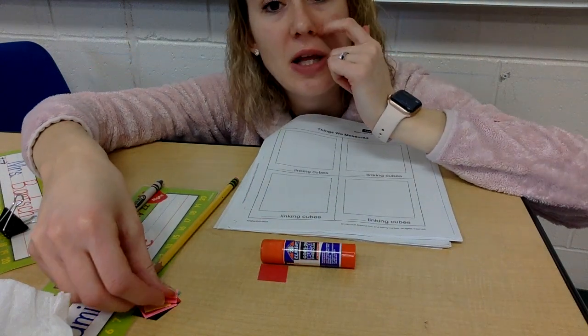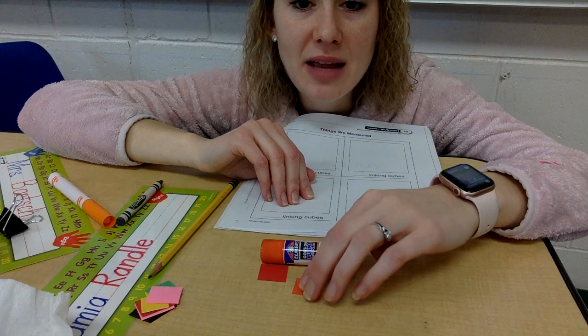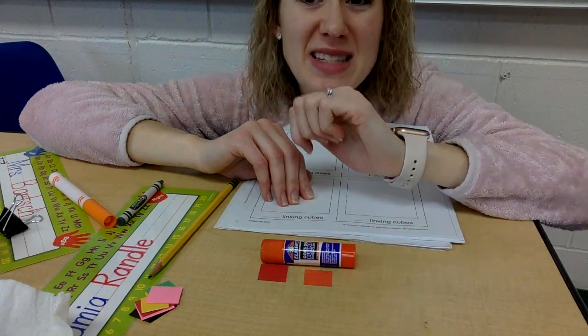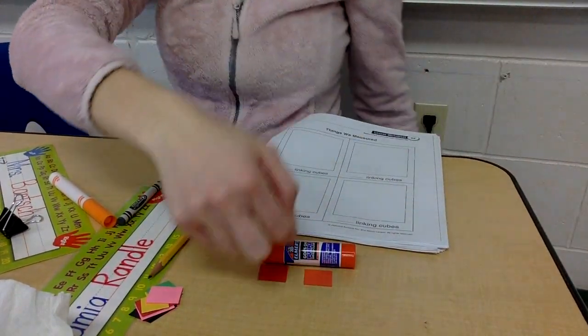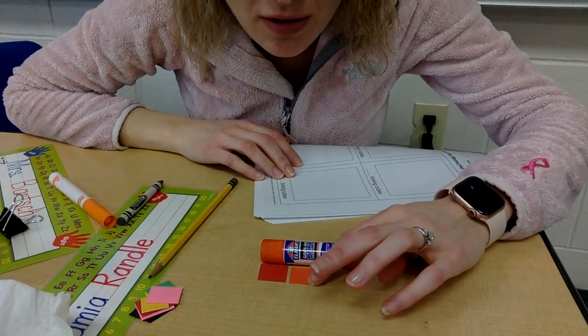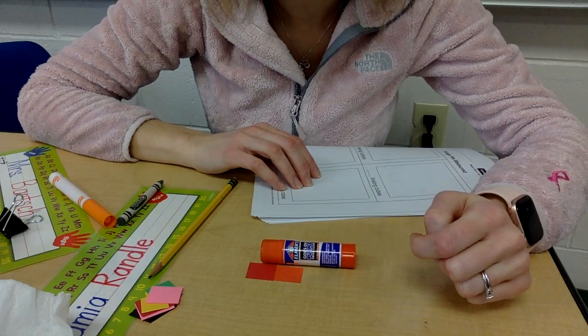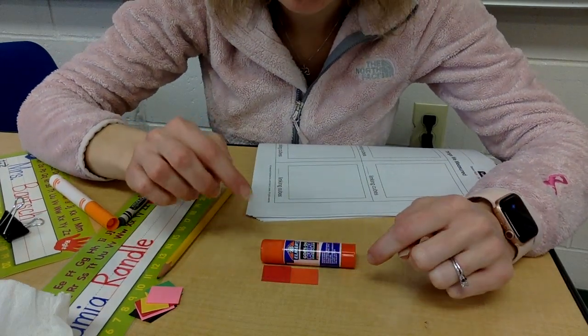So take your glue stick, lay it right on its edge, and what I want you to do is lay these right next to each other. That is not right next to each other. Do you see that space? Now you're not measuring anything because there's a big space in there. So what I need to do is scooch this over so it touches, but I don't want to push this red one off the side. So I need to make sure that they both stay